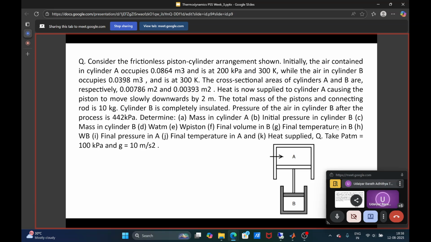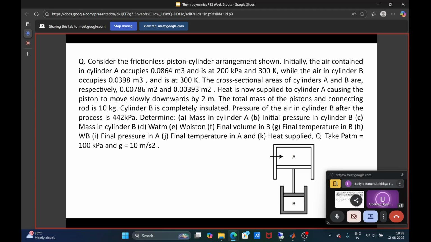So next is the final temperature in B. For the final temperature, we use the ideal gas equation. We know the pressure, since the final pressure is given, we know the volume which we calculated, and we know the mass which we calculated previously, so we can find out the temperature. And similarly for the final temperature in A, we know the volume, we can calculate the volume plus the volume displaced, and then